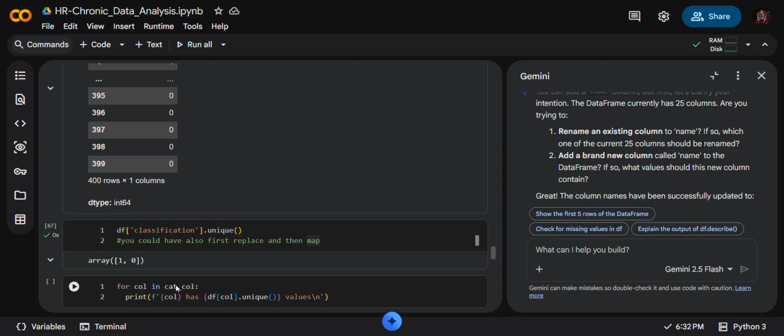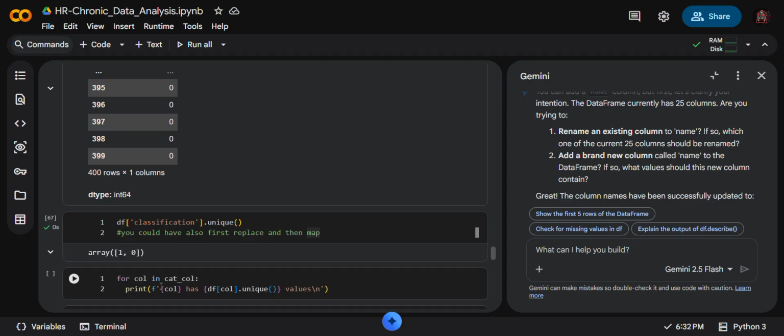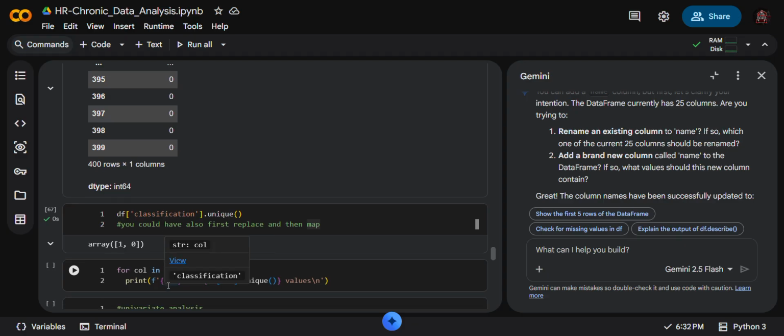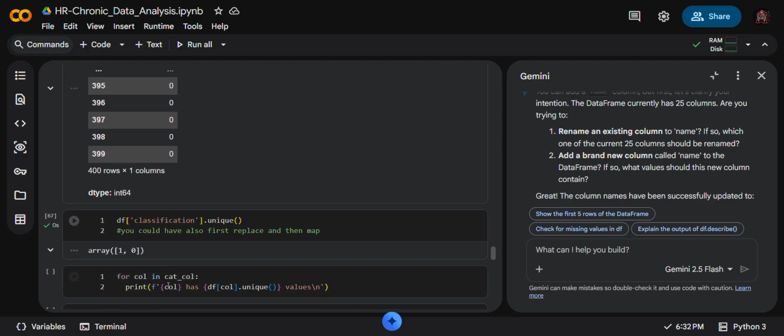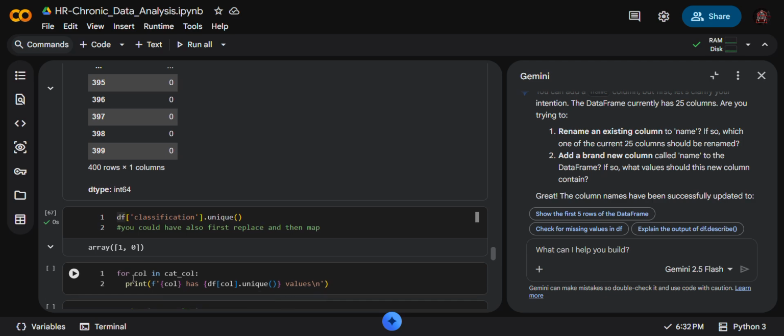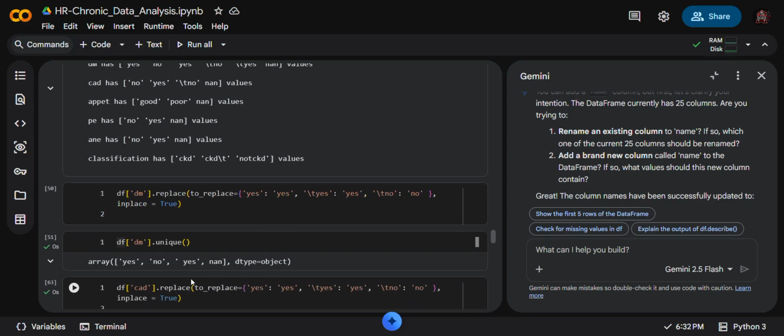Okay, now moving on to the next step. This is the same step we did before, like if you remember, for calling cat and for calling num, I mean for calling numcat, like we did before.